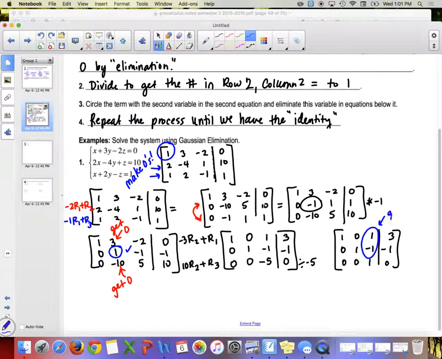These two. Get them to be 0s, right? So we're going to get those to be 0s. So we do that by using row 3. So we're multiplying row 3 by something and adding it to row 1 to get the new row 1. Okay, so we're going to have,